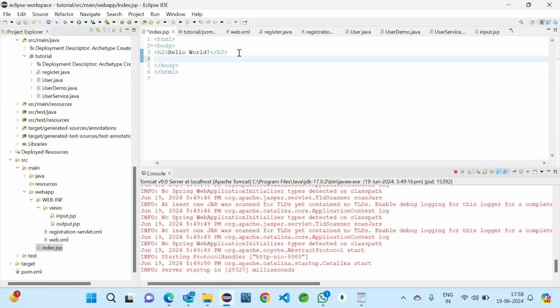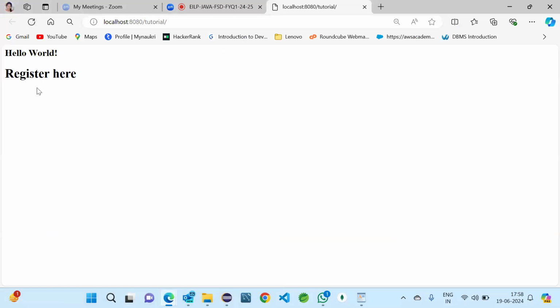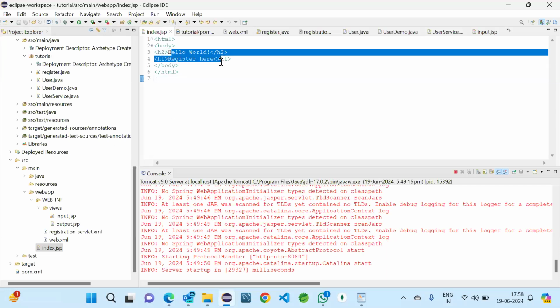If we give anything else like an h1, register here, and open and refresh this, we are getting register here also. So one thing we can do, we can redirect from here to input, or we can give input here only.